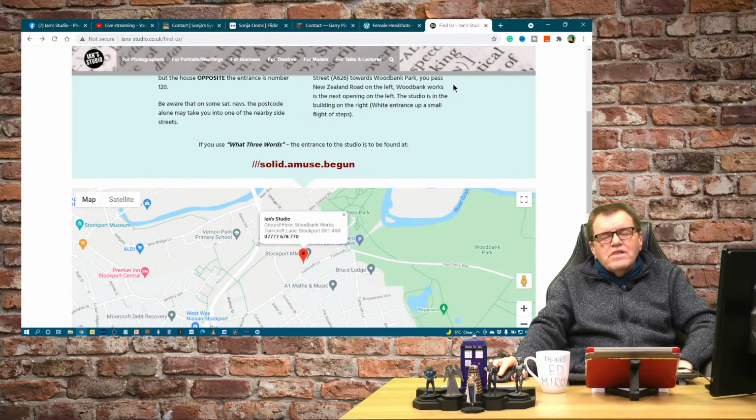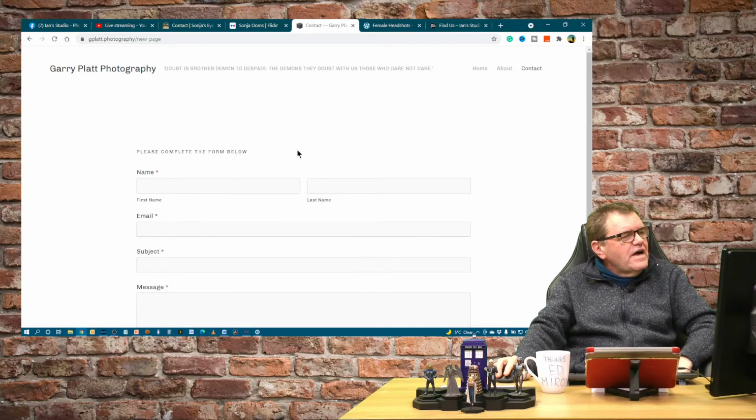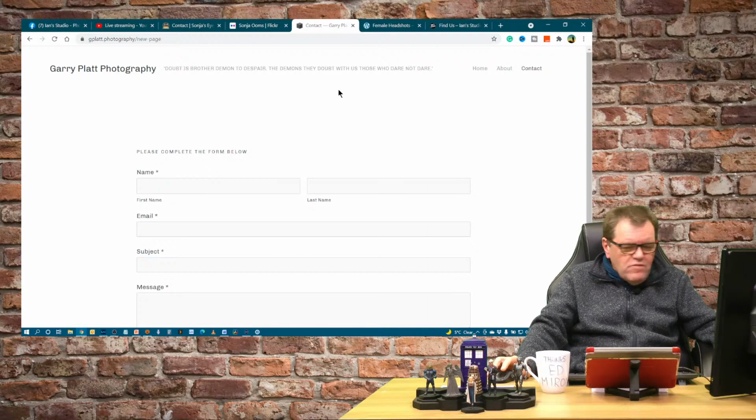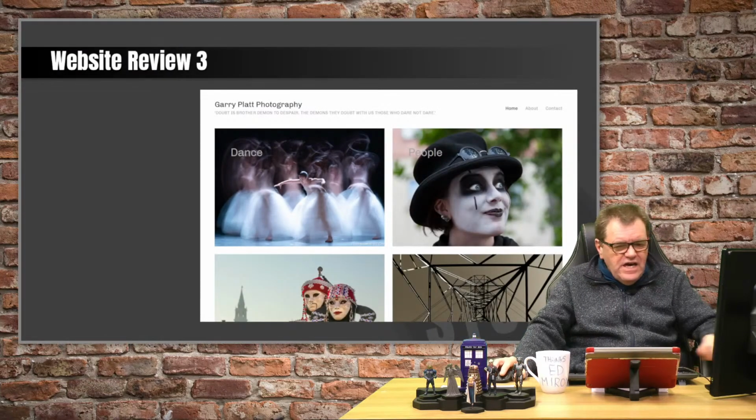I don't like the black. I know dark mode is very much in vogue these days, but I try to avoid it myself, because for dyslexics like myself, it can be quite hard reading white text on a black background. So I think it's the right choice on there. Right, okay, that's my review done.